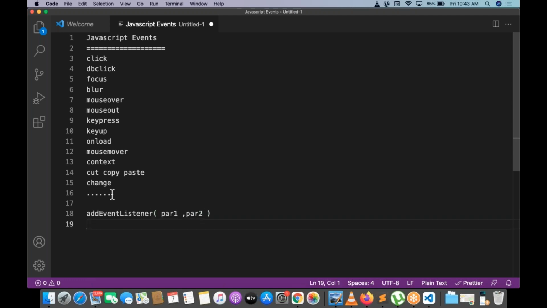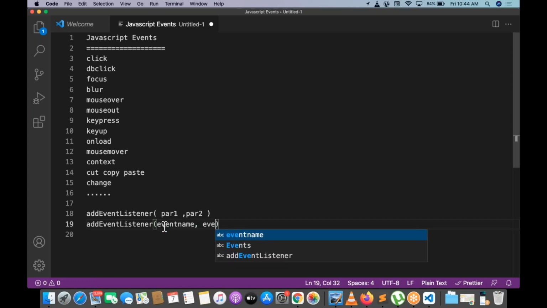The first parameter is the event name, comma, the event handler. Event name and event handler, two things we need to provide.